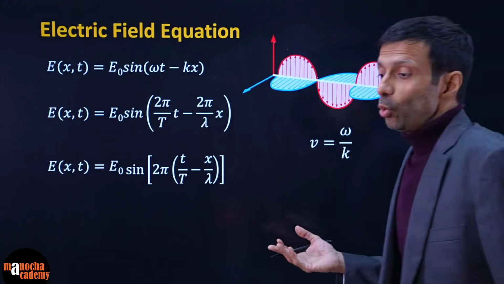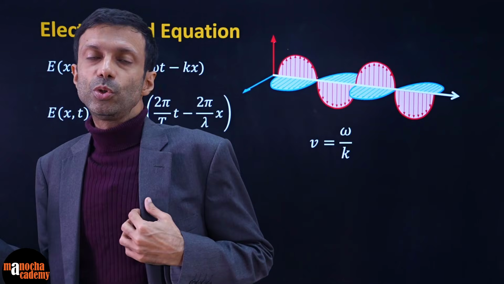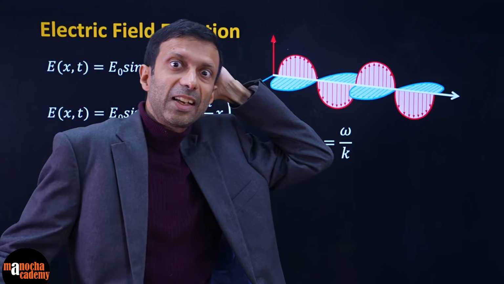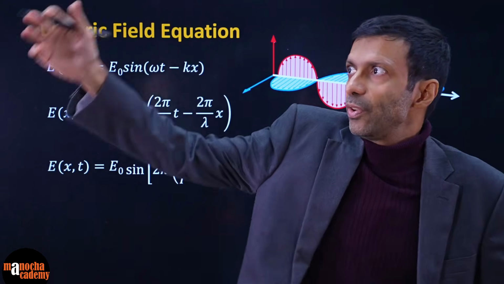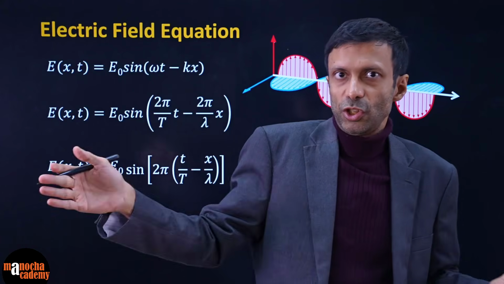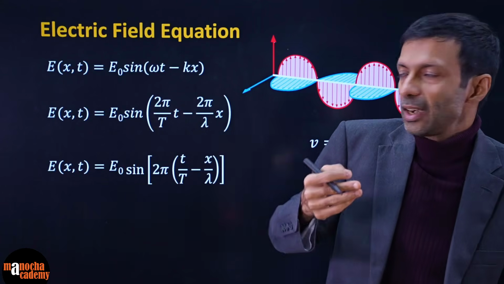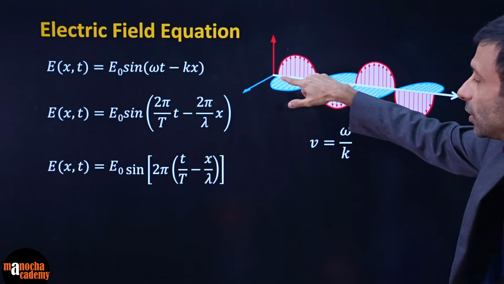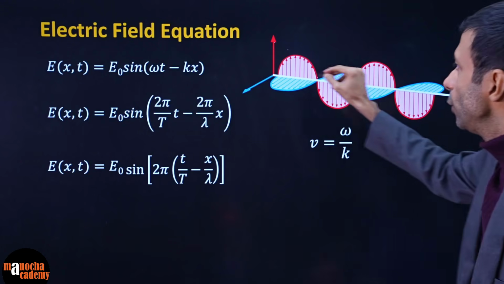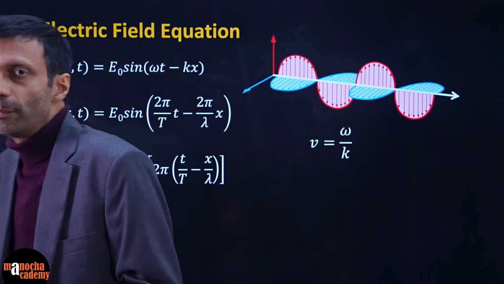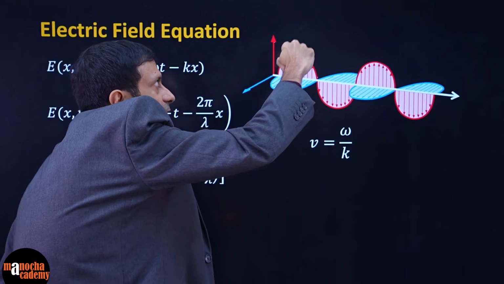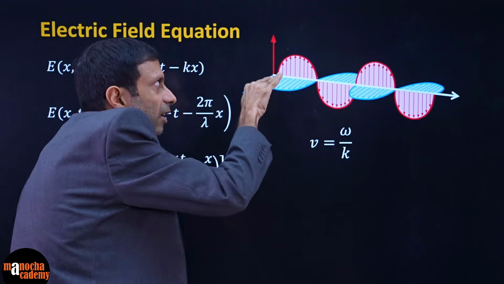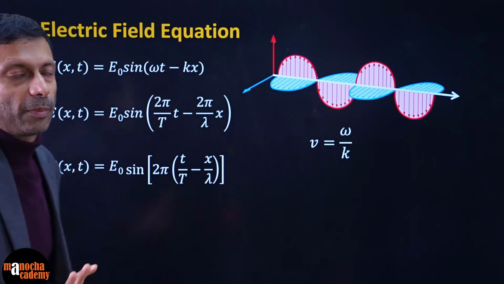So why did I remind you all of that? Because we are going to use it here. Our electric field, remember what Maxwell said, it's a time varying electric field. So it is varying with time and with the position, right? Position from your starting point. So can you see in the wave, it is varying with time and your starting position, right? Where are you measuring it from? So the whole amplitude means this, right? It depends on the time that you've taken and at which point you're doing the measurement.